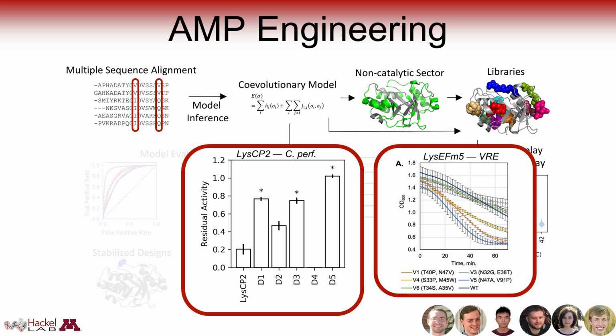perf. And an analogous example, but with some differences to it, Lena, along with Seth and the group, have engineered an additional endolysin, lysi-FM5, against vancomycin-resistant Enterococcus, or VRE, and shown that it is more active than its starting point as well. So this combination of rational guidance, both structurally and genetically, coupled with high throughput evolution,